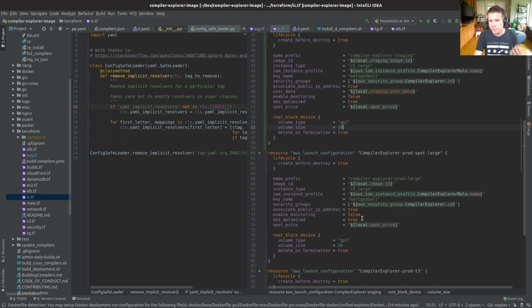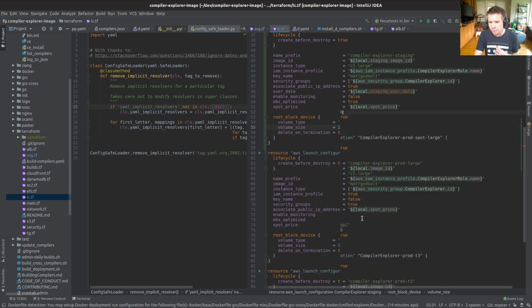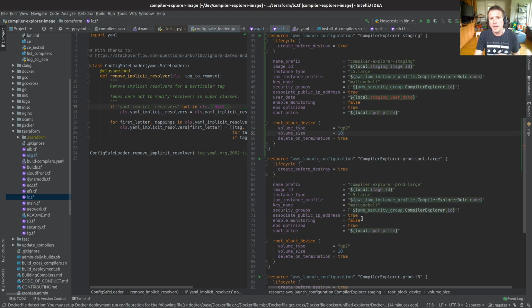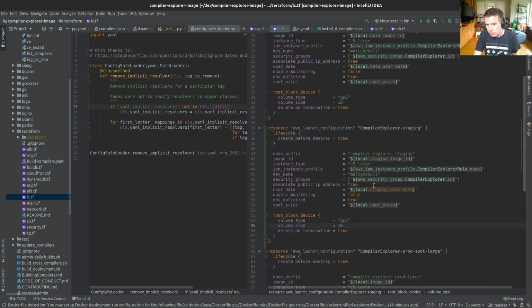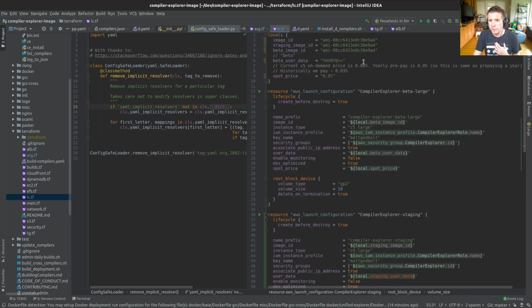Now, of course, a lot of this stuff should be DRY'd up. Don't repeat yourself. I'm learning how to write stuff in this Terraform file format, and I wasn't aware of how one could extract common blocks of code out yet. I know a little bit more about it now, but I'm not going to get too distracted.